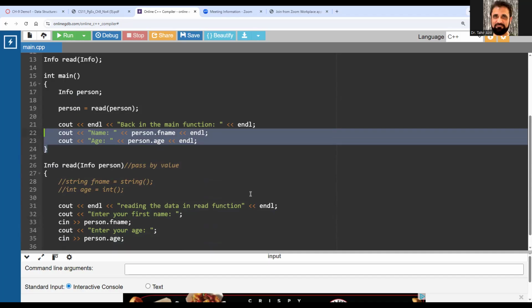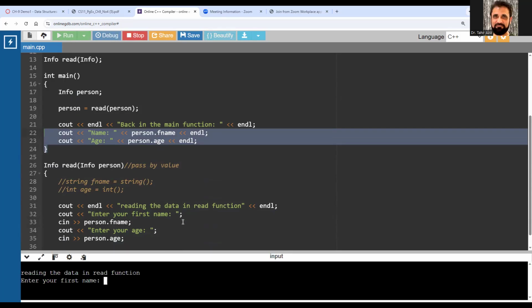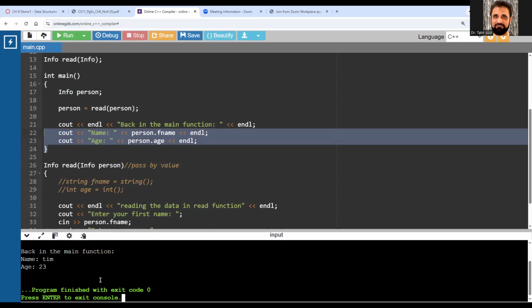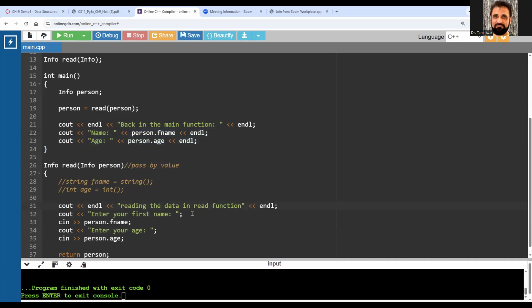So if everything goes well, hopefully it will function. And it's asking for the name. Let's say the name is Tim. Let's say the age is 23. So here's my local message, reading the data in read function. Am I displaying the data in the read function? No, I am not. I'm displaying that in the main function. So I hit enter and it shows me back in the main function, name is Tim and age is 23. So that's how you can actually